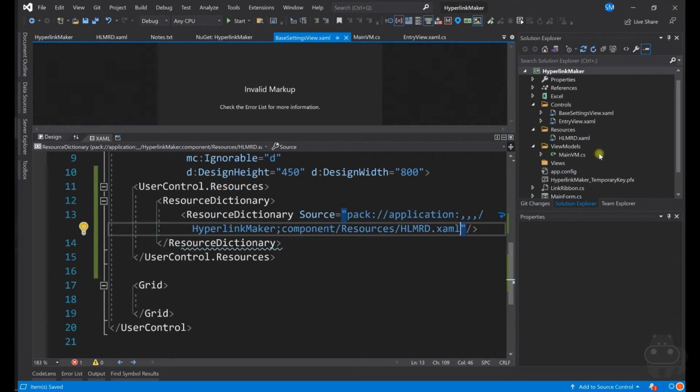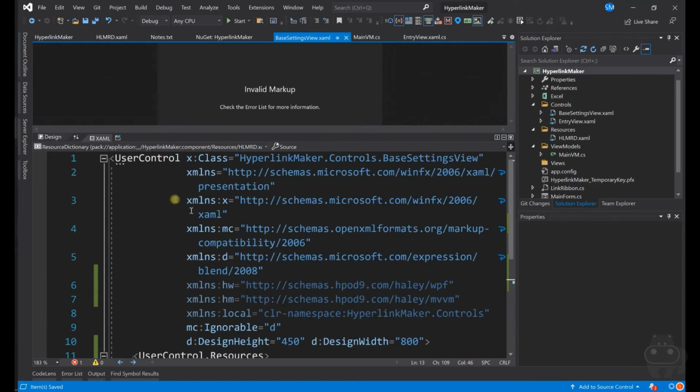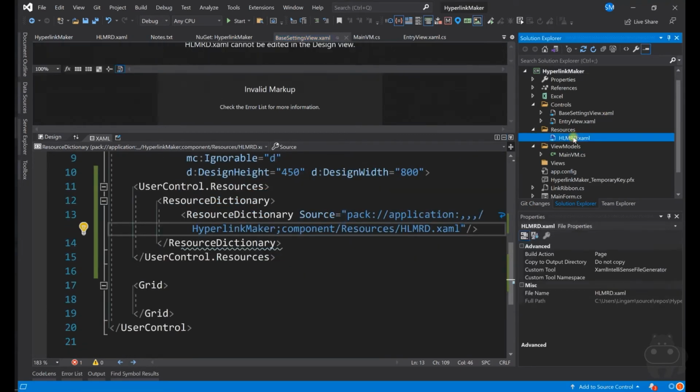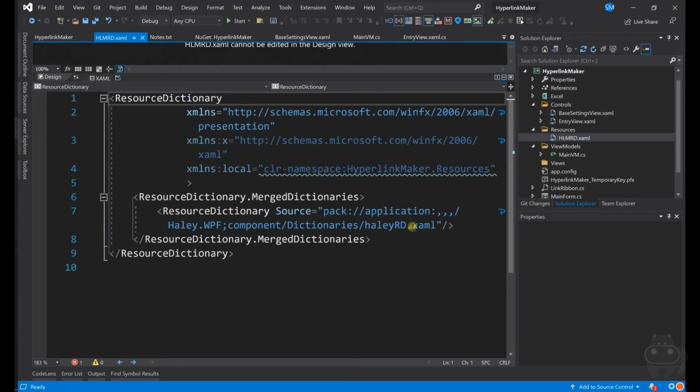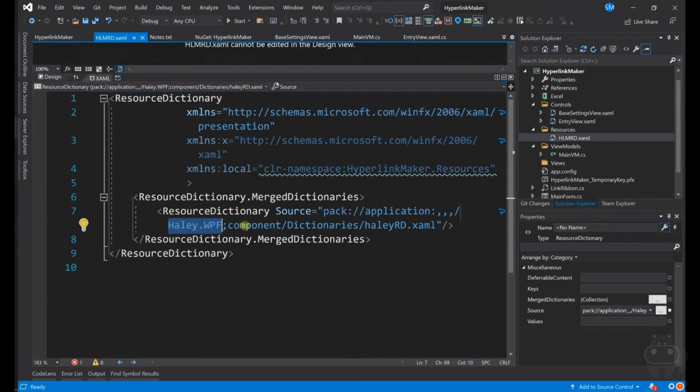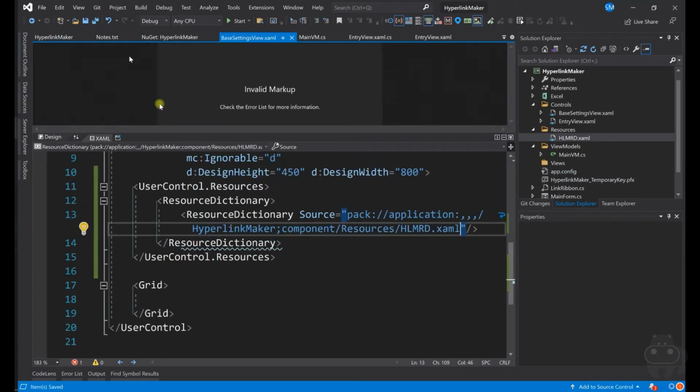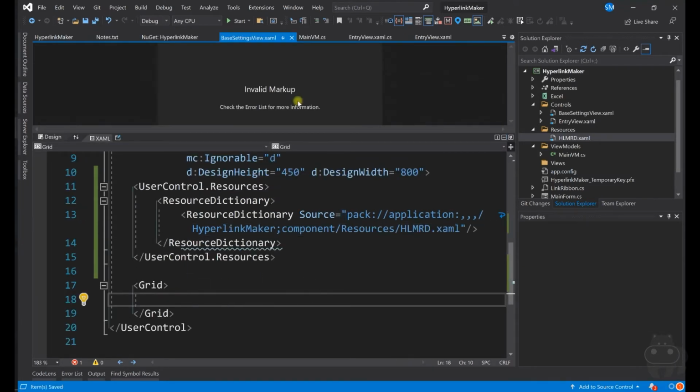Now let's try to see, because your resource dictionary, you are adding it with the user control, and this resource dictionary in turn is adding another resource dictionary from Haley WPF. Basically Haley WPF is the assembly name, and dictionary is the folder which is present inside it, and this is the file name. So that being said, you should now be able to call it in.